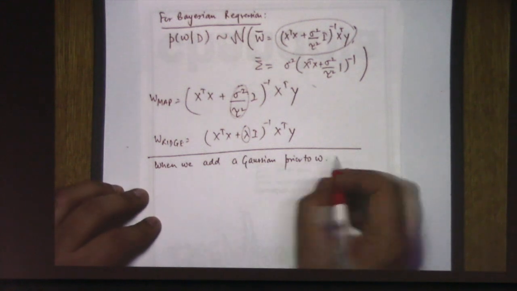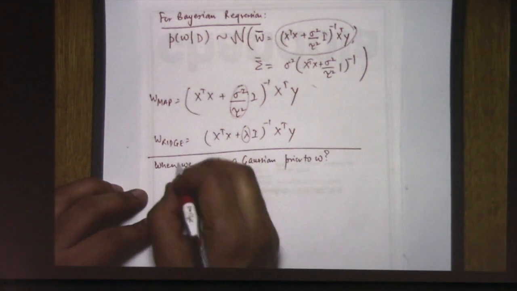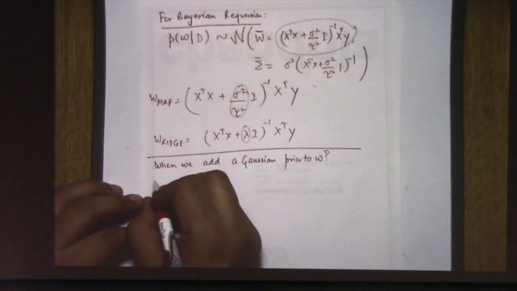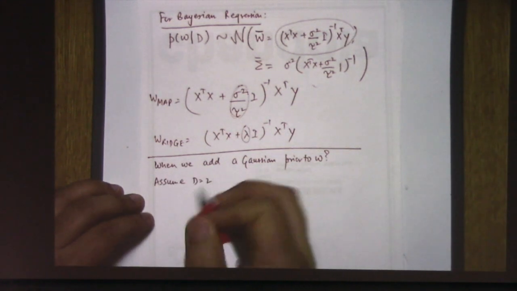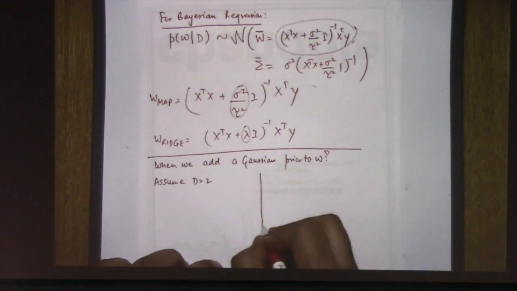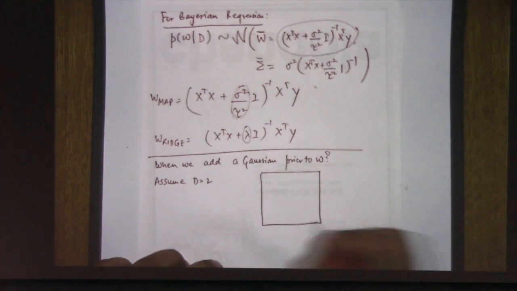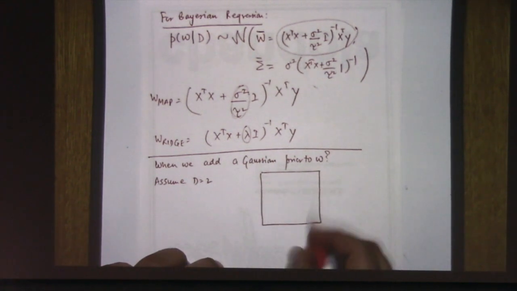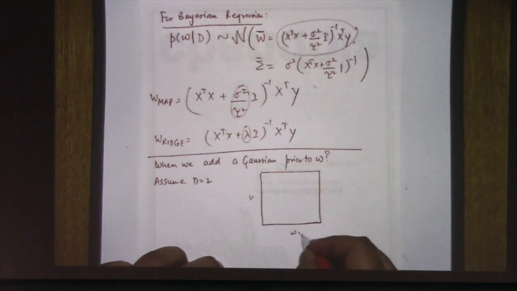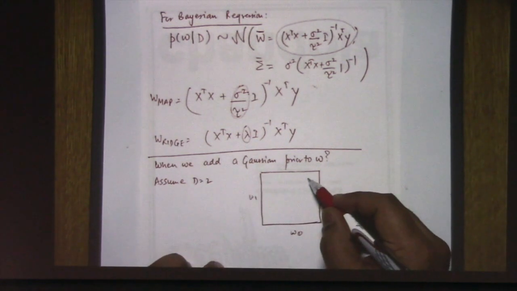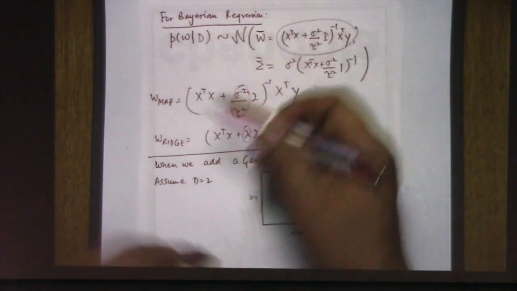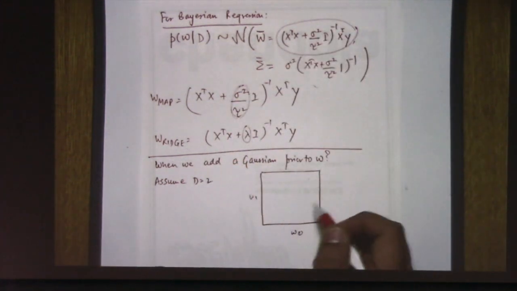What happens, right? So let's assume D is 2. So let's say you only have 2 variables, right? So what we do is we are trying to find the W. So this is W1, W2, or W0, W1. Right? We are trying to find the W which maximizes the likelihood, but you're putting a prior, which means that